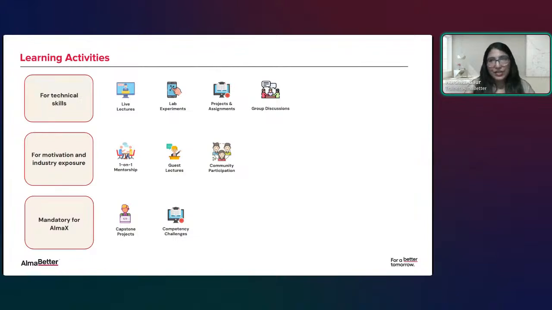Again, group discussion is also there. So you guys will also get a WhatsApp group with your own batchmates, so that if you guys want to discuss anything, you can discuss over the WhatsApp groups, so that everyone can be part of it. For motivation and industry exposure, because now you're doing the program, everyone is coming from different backgrounds. Someone who's completely fresher, who recently graduated, someone who's having a career gap, right? So for everyone, we have made this program so flexible that you guys will get motivated every time, so that you will do your best in this program.